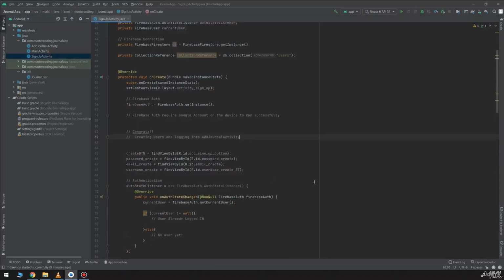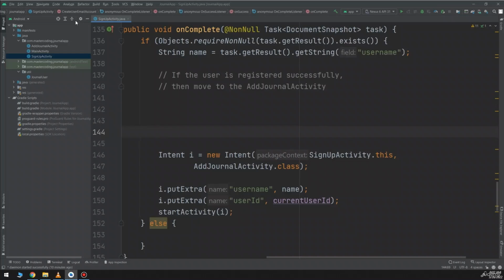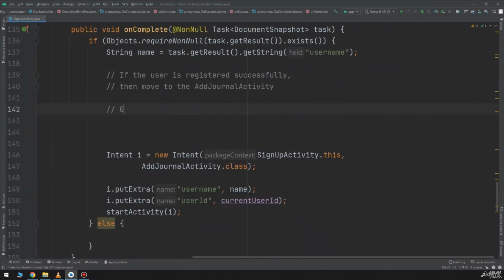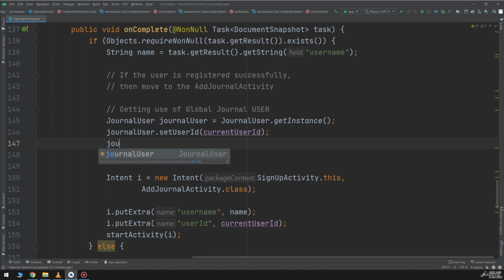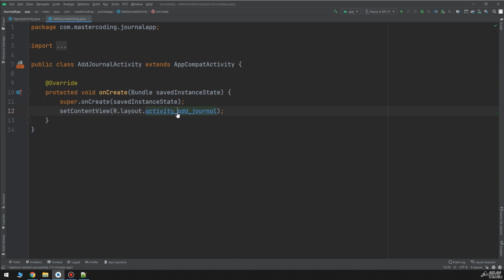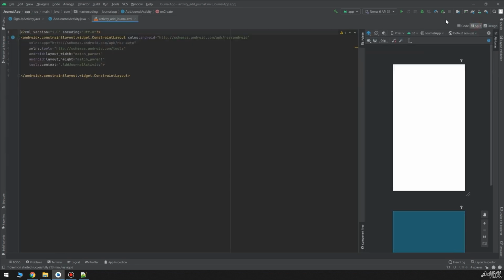Hello, my friends. In this video, we are going to create the AddJournal layout for the activity. First, let me continue some code that we have in the sign up activity. I need to create a journal user, get instance, set user ID, and set user name. Now, let's edit the layout inside the